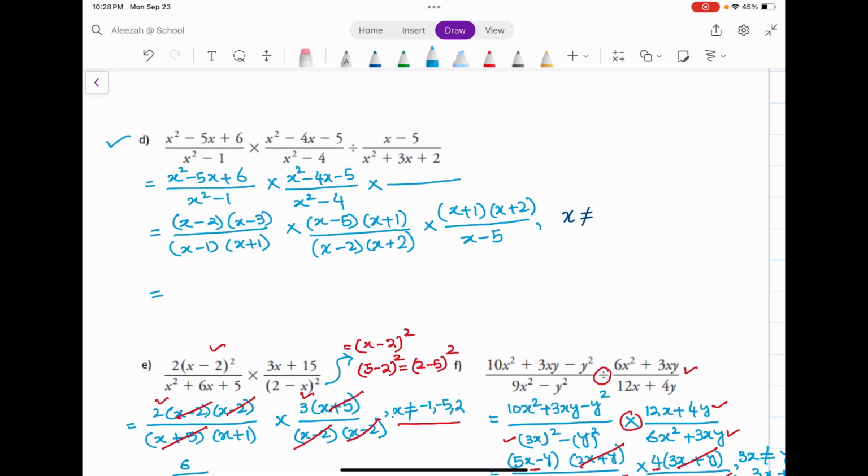in this question, we have to multiply and divide. So the first thing I will do is change this division into multiplication, right? And I flip that. So when I flip this fraction, it will be x squared plus 3x plus 2 divided by x minus 5, right? And now I will factor all the terms in the denominators and the numerators, right? So once I factor all of them, for example, this one is a